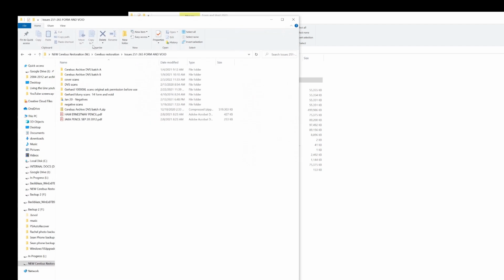So today, let's take a look at the files for Form and Void, which is the book that I'm working on. One of the 5 books that I've been working on that are not out yet, but I've done the pre-press and the layout for one of the Cerebus volumes. And right here, you can see these are my file folders for